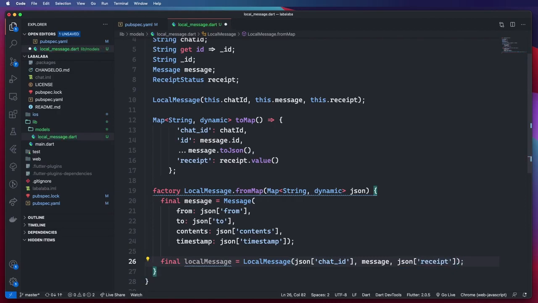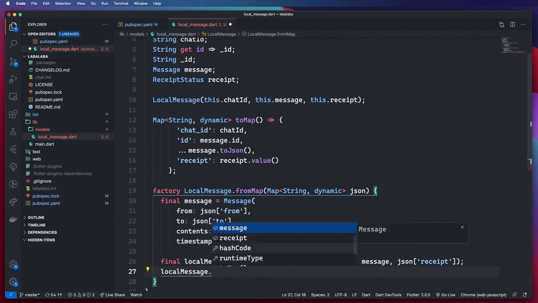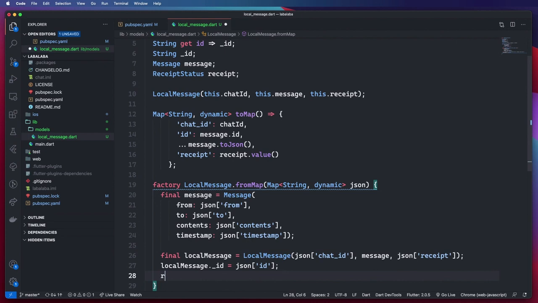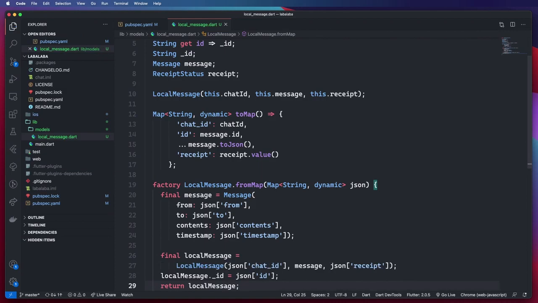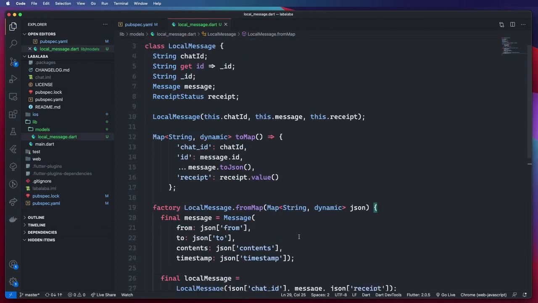and that's it. And then because the ID is private, I'll have to set the ID here on the local message. So local message ID will be the ID from the database. And now I can go ahead and return my local message. So now we have our local message model